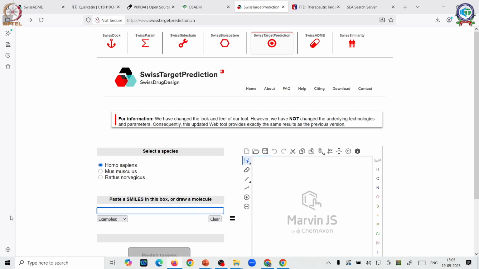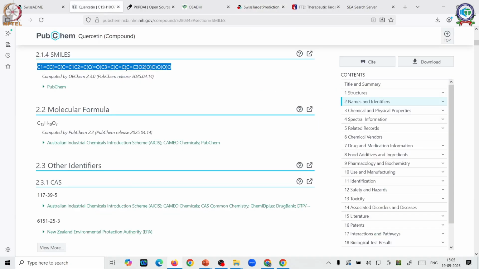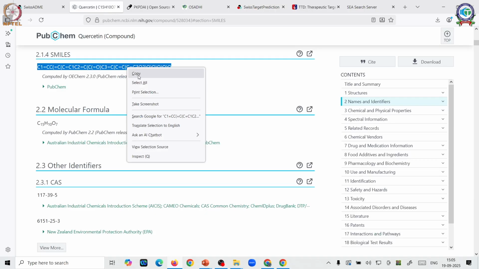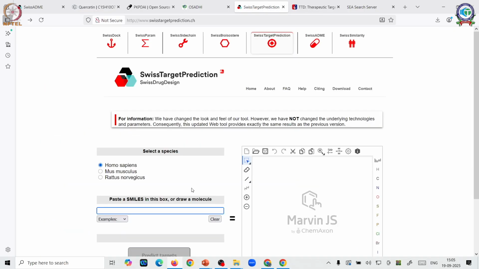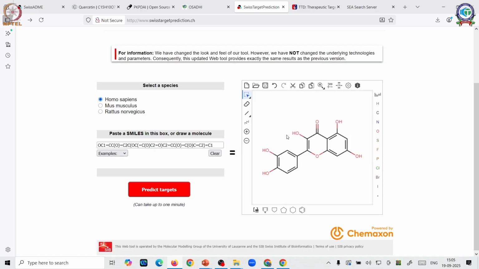So again I am quickly deleting this and pasting my query, which is quercetin. I pick up my SMILES again and put it here so that we do not make any mistake. You can see here it has the quercetin structure. Now I am asking this software to predict targets for me.